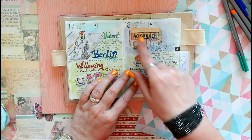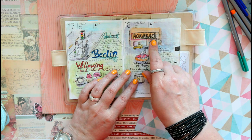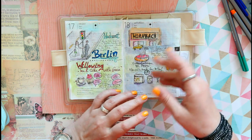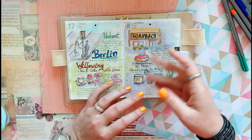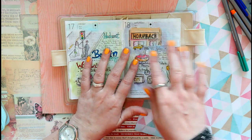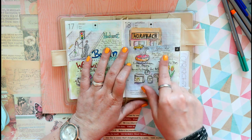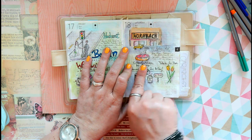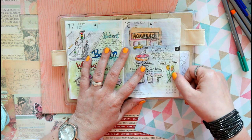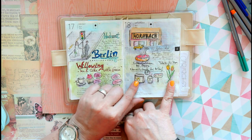We have Saturday the 18th, and we went to a huge store where you can buy all kinds of things for your home, like building supplies, a department store. I don't know if it's called that. Anyway, a large store where we picked up some stones for some renovation at my mom's home, and we had some yummy strawberry cakes at my mom's. We brought some fresh tulips from the garden to my dad's grave, and